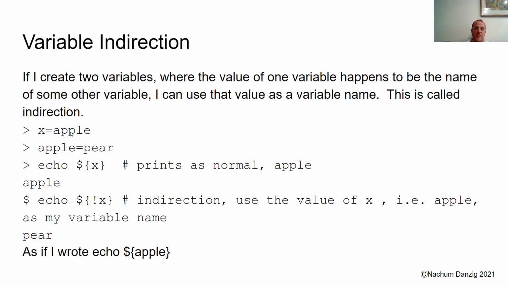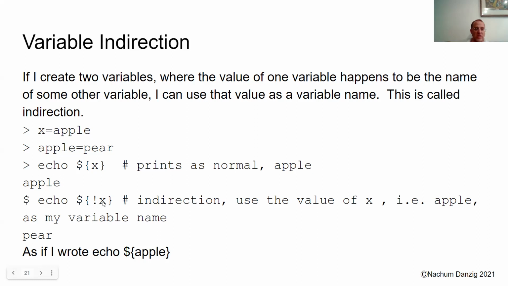X equals apple. Fine, fair enough. Now the variable apple equals pear. So if I echo $X, X equals apple, so it's going to print apple. So obviously, what else would it print? But if I do